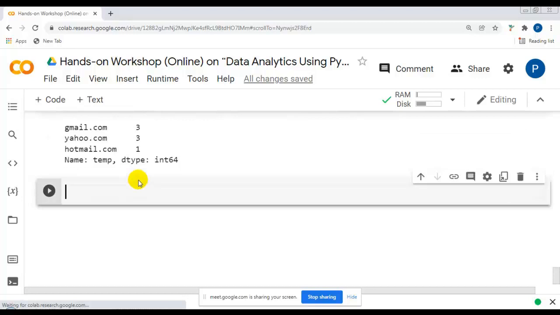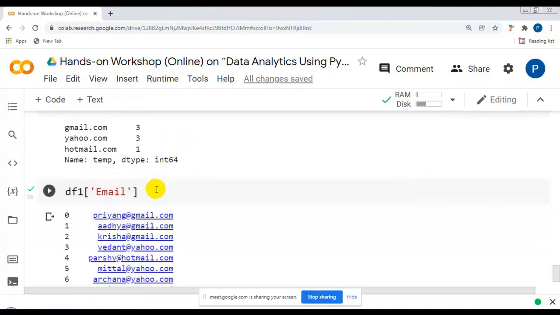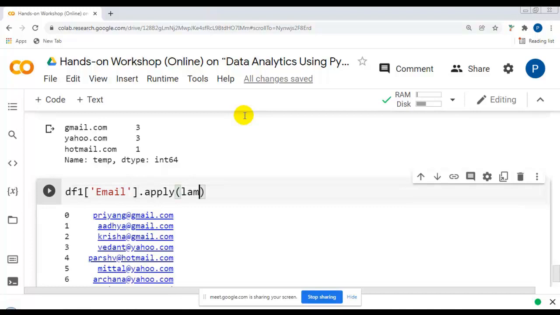But for those who know the lambda function, we can directly apply this. So this is our Email column, and we can perform this in one line using a lambda function. I want to apply this lambda x colon x.split. We can directly use this anonymous function in place of this. So lambda, and I want to split it with the @ sign, and I am interested in index 1 of the list, and value_counts